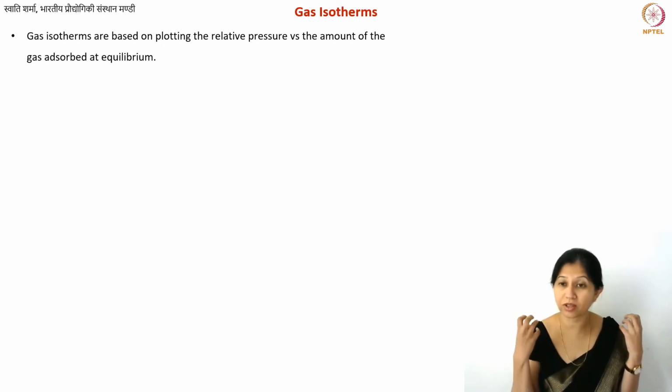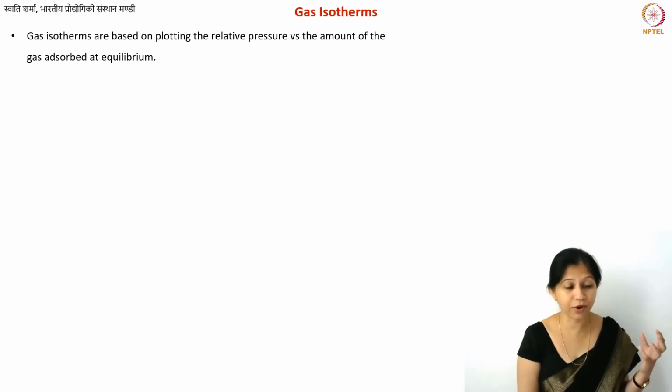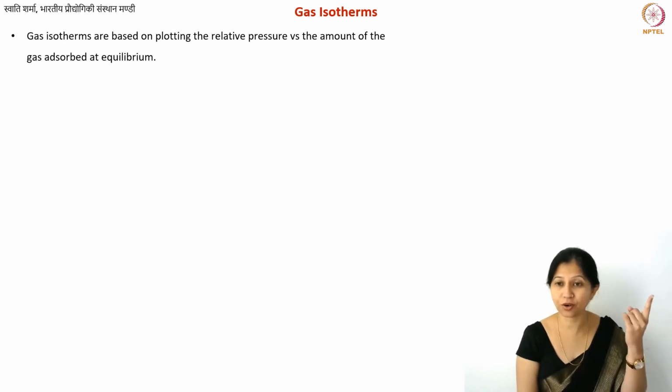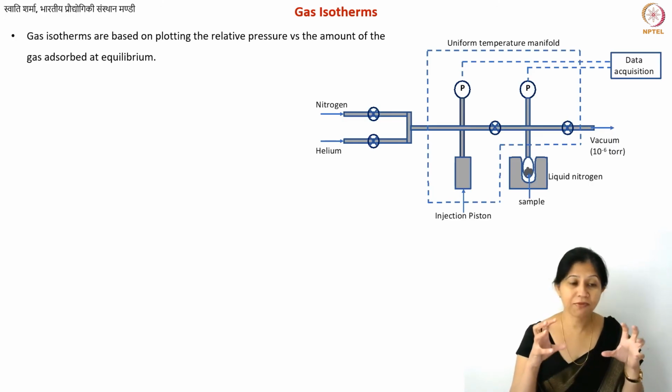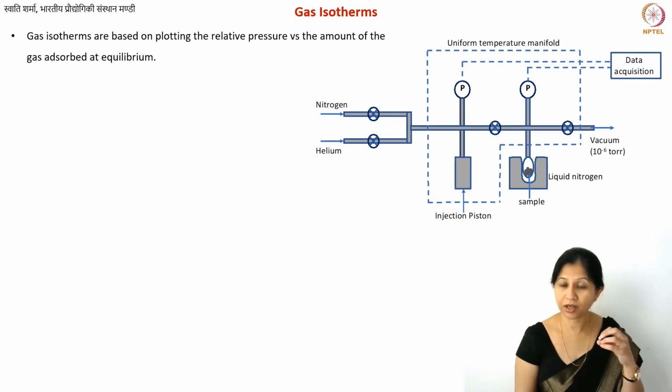The molecules are moving at all times, and the frequency of their movements is actually very high. So at any given point, you do have a lot of gas molecules being adsorbed on the surface of the structure and also leaving the surface. So equilibrium basically means when the number of adsorbed molecules and the number of molecules leaving the surface are equal. That is what we call equilibrium.